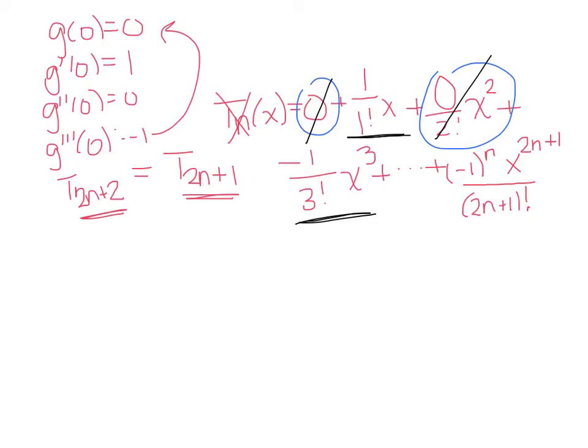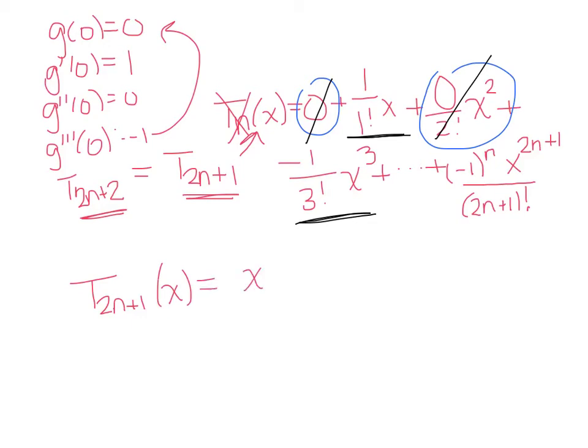divided by (2n plus 1) factorial, because the exponents are matching the factorials. Then, thinking about alternating -1, +1, and since the very first term when we start at 0 is positive, it looks like the negatives will be on the odd n's, and so we want to have (-1) to the n. So this is t sub 2n plus 1 of x, and that's what we have here. If we want to write that a little bit nicer, t of 2n plus 1 for x is going to be